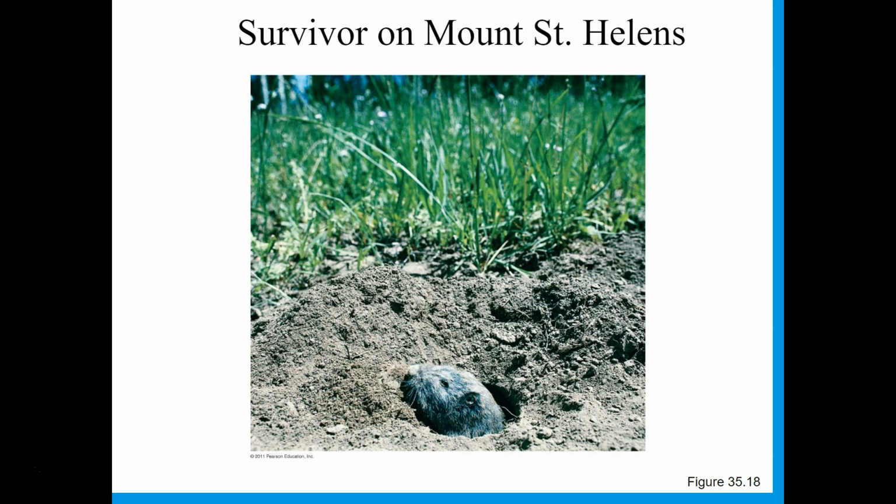We had these little groundhogs that were underneath the ground, and they were able to survive the explosion because they were underneath the ground and they were in certain patches. So even though we call this primary succession, we did have some organisms that were left over. And because they were continuing to eat on roots and continuing to till and move over soils, this absolutely helped the process of succession take